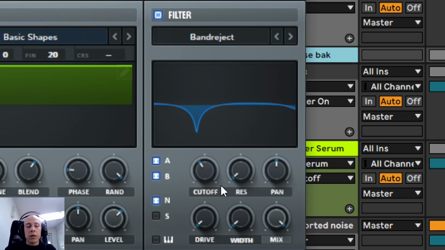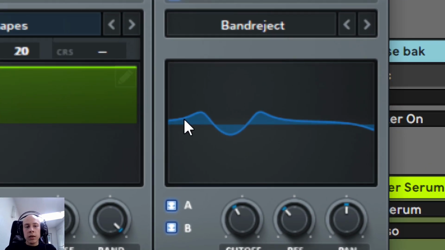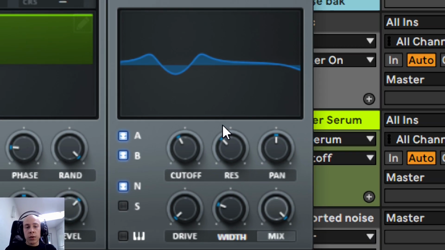The sound coming from this filter will be even more interesting if we add some resonances to the sound. What I mean by that, just look at the filter section. I will increase at first the width parameter, which is going to make our filter even wider. Now I can crank up the resonance control. Look what happens. I'm adding two interesting peaks around the center cut-off frequency.